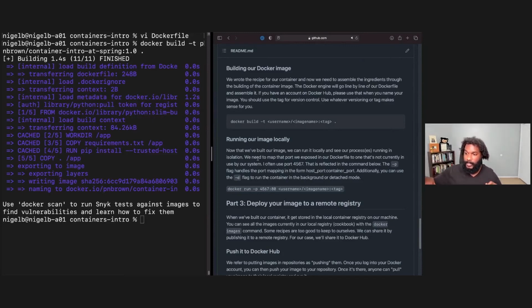And that's reflected in the command below. So the -p handles our port mapping in the form from our host port to our container port. Additionally, you can use the -d flag to run the container in the background or in detached mode. So I'm going to show you that container running now. So we want to do docker run -p 4567 to port 80